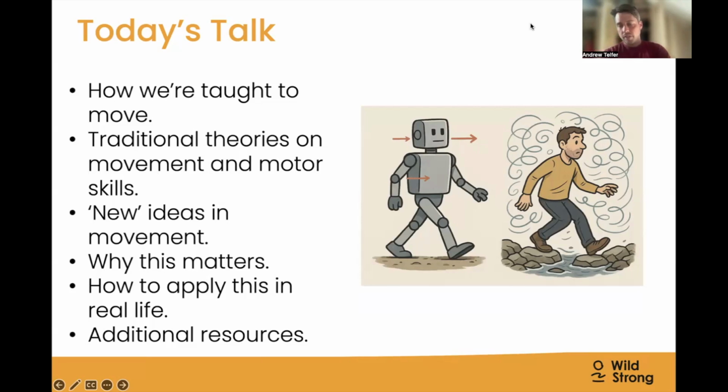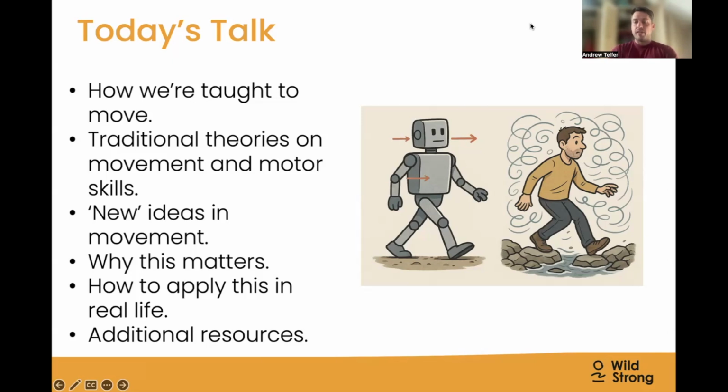So if you look in this picture, it's going along with what we've already talked about. If you look in textbooks, sometimes you have these two-dimensional models, these sagittal plane models of somebody walking or running or doing some movement. And when you see it in two dimensions in the textbook, it looks very simple. You know where the forces are, but they also simplify it a lot. Maybe they assume that it's flat ground. Maybe they assume that they're moving in a uniform direction at a uniform speed. But in real life, when we're interacting with the world around us, there are way more factors. So you see the person on the right.